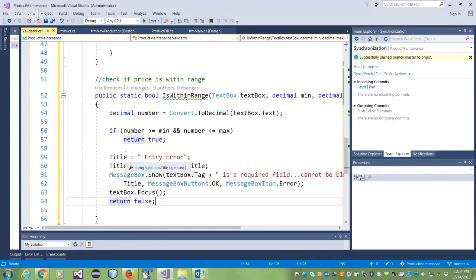So return true means go back. So if it will go back automatically, I don't have to write an else. Same like exception handling. Exception handling throws an exception, so nothing goes forward. Return returns to the calling program or calling code, and so nothing happens. So here I'll say,